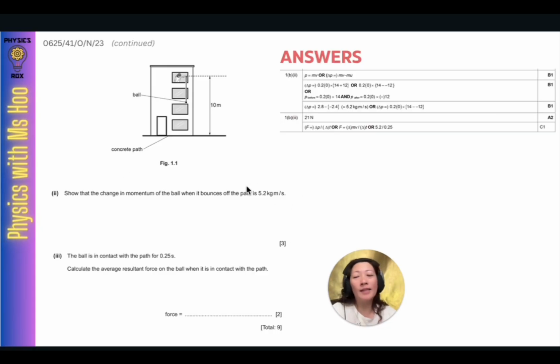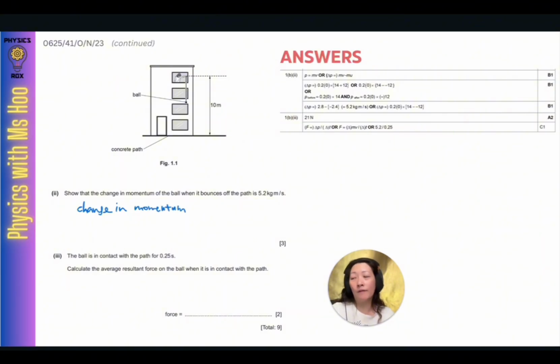So in a way, I consider this kind of question as free marks because they've already given you the answer. You just need to prove this. Now, in case you don't understand this marking scheme, I'll just show you real quickly how to solve this kind of question. So for example, you could write the change in momentum